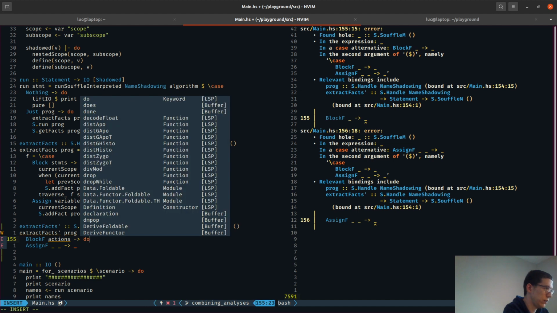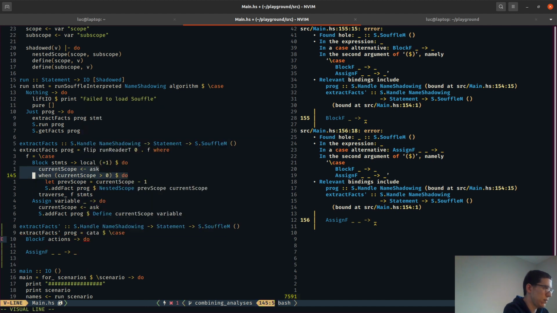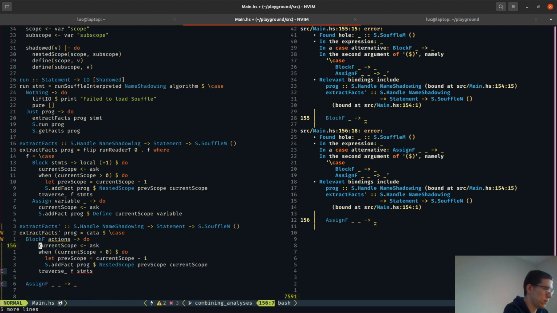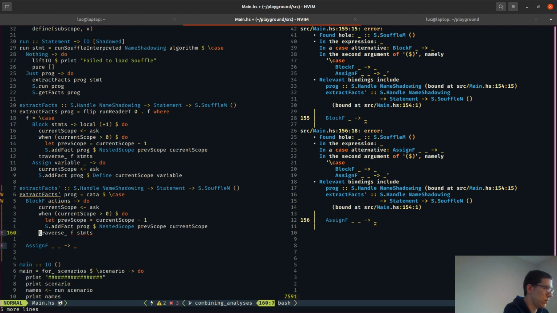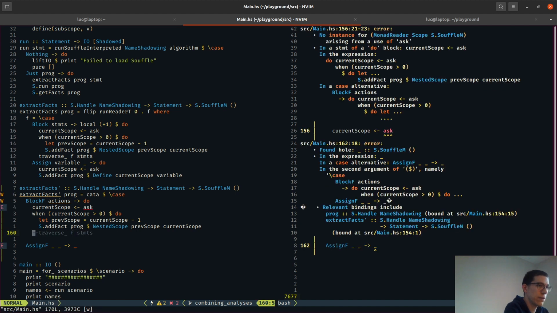So what we do is we get the current scope. This part is the same, but then this part. No instance for monad reader. Oh. So what I think we have to do is flip from reader t can type